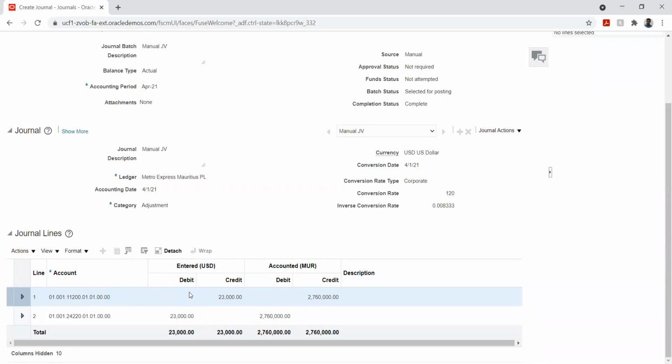The foreign currency transaction is, let's say, I purchase something and make payment in USD, that is 23,000, and the payment in my Mauritius currency is 27 lakh 60,000. So the system will basically convert it on the fly. This process we call conversion.